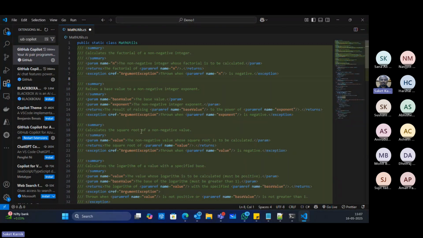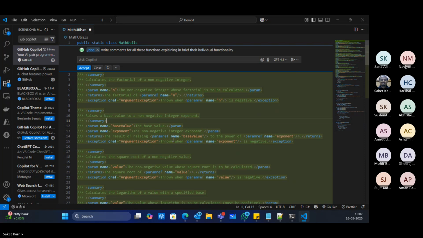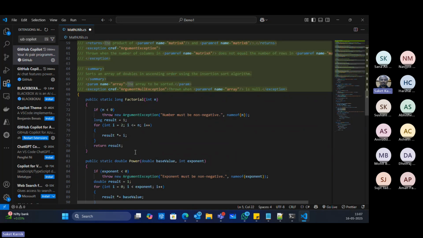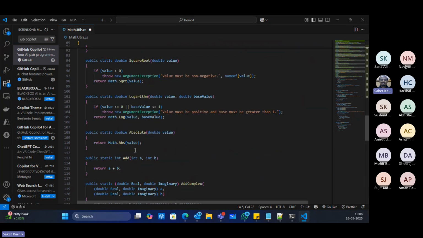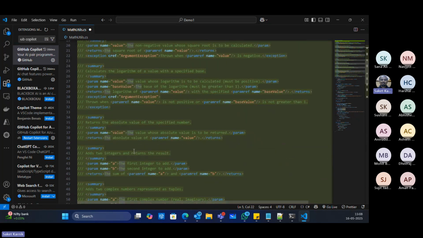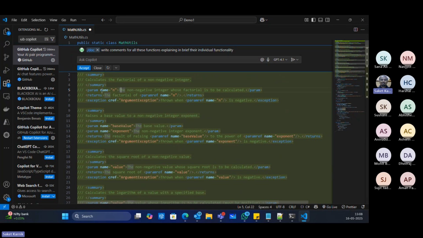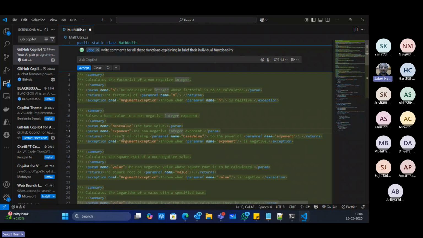So here you can see in .NET properly, if we want to give the explanation, usually we go for the XML comments, right? Yes, and it just added the comments. Though one problem I do see is it has added all the comments right on the top collectively. We can just move them one by one wherever it is actually required, right? But the comments are ready. The documentation is ready. Isn't it nice?